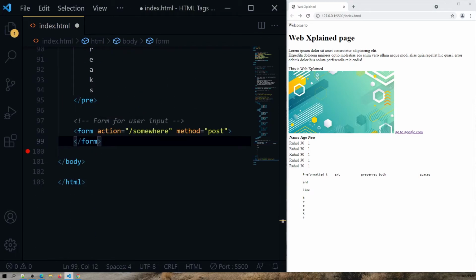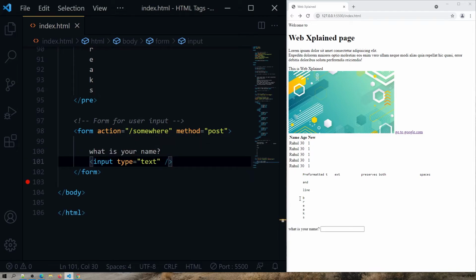And for the next commonly used tags, we have our form tag. It also has an opening and closing tag, and it should include 2 attributes, action and method. When the user submits a form, what should happen? That's what action defines. And how the form should be submitted to the server, that's what method will define. And the most used tag inside the form is the input tag.